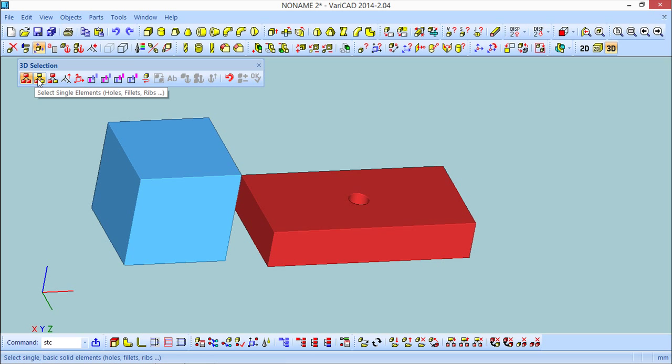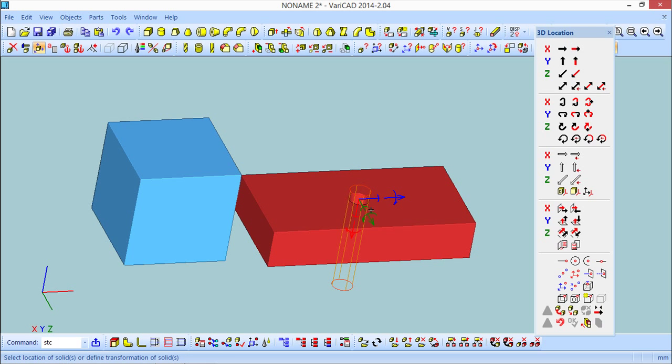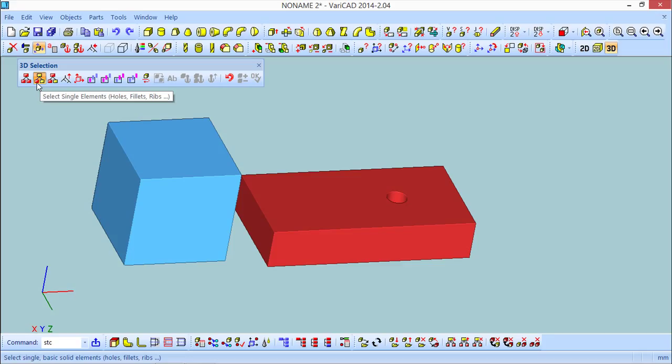You've seen this one. Now I will choose this one, and it allows me to choose the complete solid because it's also one element, or I can choose only one part of the solid, and in this case if I choose the whole, now I have the possibility to change its position. Okay, so this is single element. It can be other things, but in this case, I think it will show you exactly the meaning of this. So it is a single element of one solid. Okay,